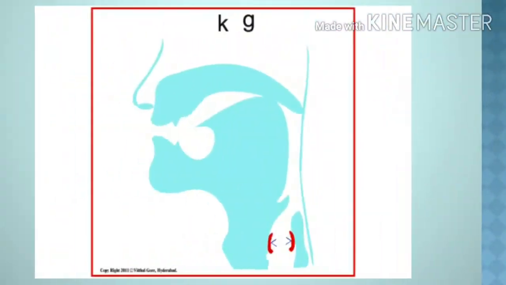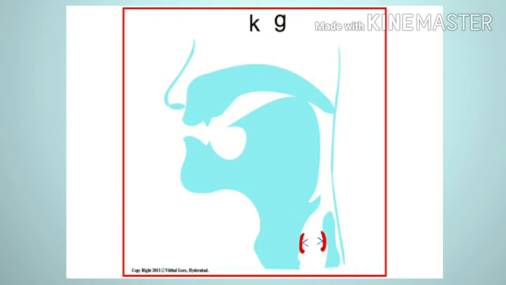What happens actually? Look at the screen or the diagram. The back of the tongue rises towards the velum and makes a closure or a contact there. The air that comes from the human lungs is stopped over there, and when the contact is released, the explosion or plosion of air takes place, and then we are in a position to pronounce k and g.